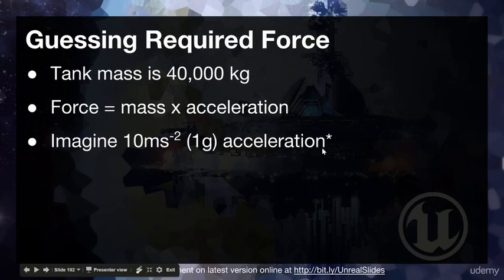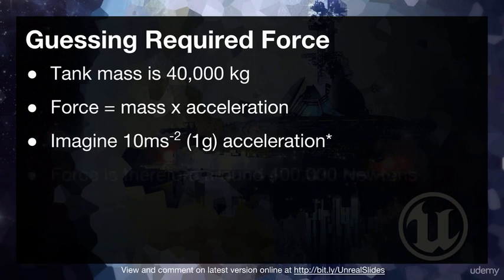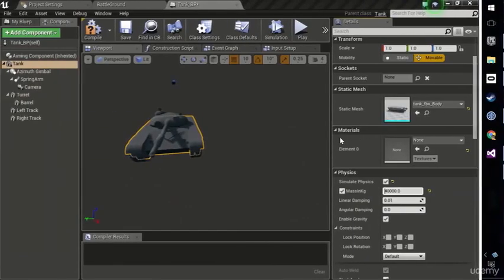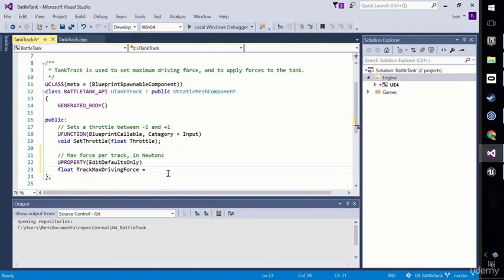Imagine 10 meters per second squared, 1 g of acceleration. Okay, that's a lot for a tank, but they're pretty fast. And in a game, you generally tend to expect things to move a little bit faster than in real life, or they just look too slow. So that gives you a force of 400,000 newtons. So let's go ahead and try that as a default value. 400,000,